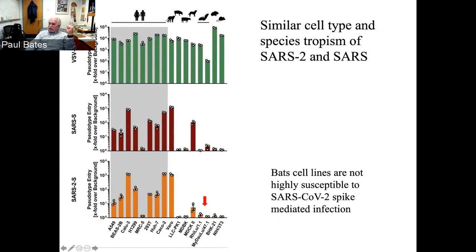Interestingly, if you look at bat cells shown here, a couple of different bat cell lines, you can see that the bat cells, although they're down a little bit for VSV, a couple logs down for VSV itself as a control here, are really not very susceptible at all to SARS or SARS-2. So this virus has clearly evolved when it left bats, or these particular bat cell lines are not representative of the bats that SARS came from, the ACE2 that's in these cells. So we still don't know that for sure, but it looks like this virus has adapted into people quite well